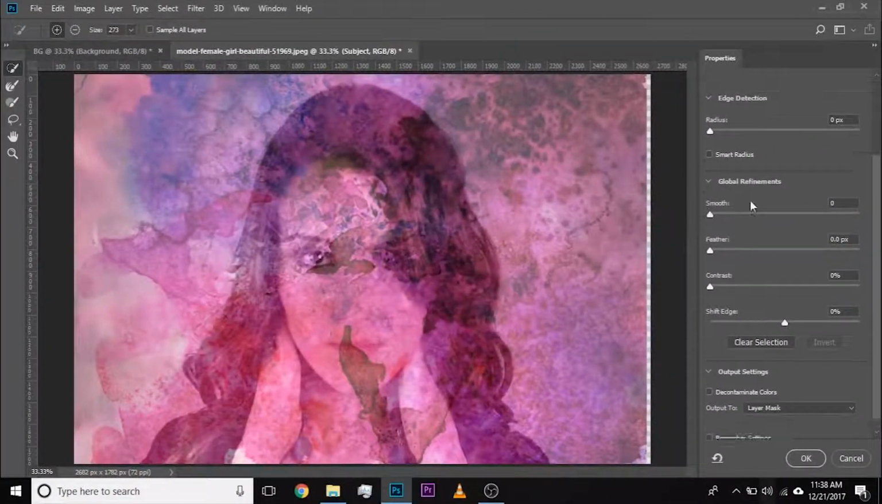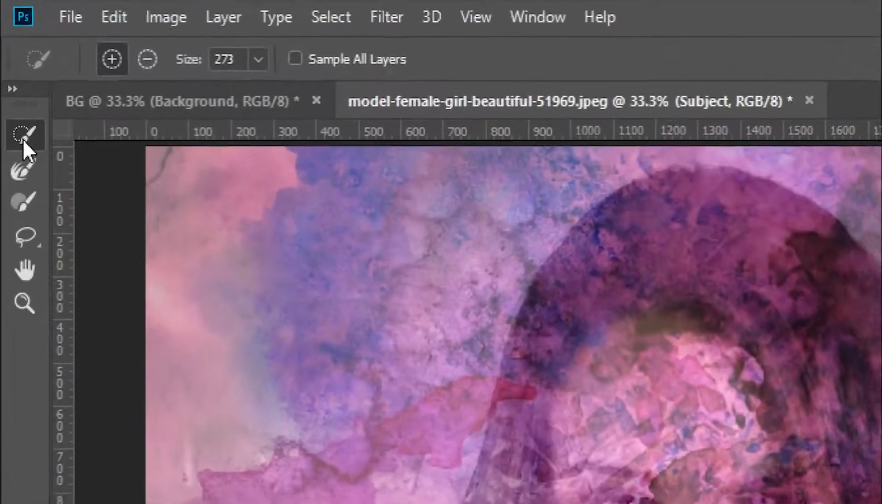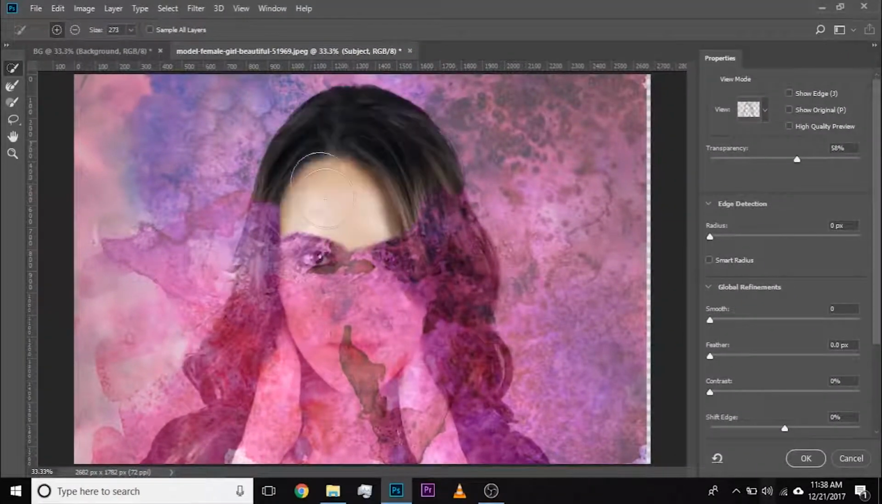Now, once you're in Select and Mask, don't worry about the background right now, make sure the view is onion skin and the transparency is somewhere around 50%. Now, with the help of the quick selection tool, you can just simply go ahead and paint on the subject